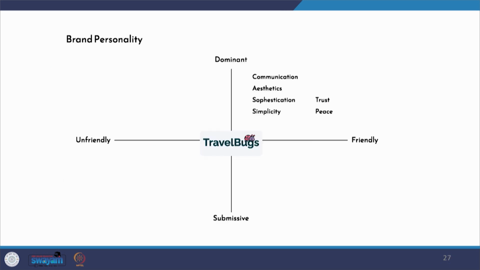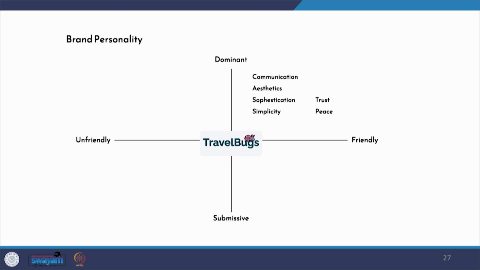Now brand personality: just like humans have a personality, the brand may also have a personality of its own. This refers to the human characteristics and qualities that are associated with the brand. It is a set of traits, values, and attributes that shape how the brand is perceived by its target audience. Just like we humans have individual personalities, brands can also cultivate distinct, unique personalities to differentiate themselves and connect with consumers on an emotional